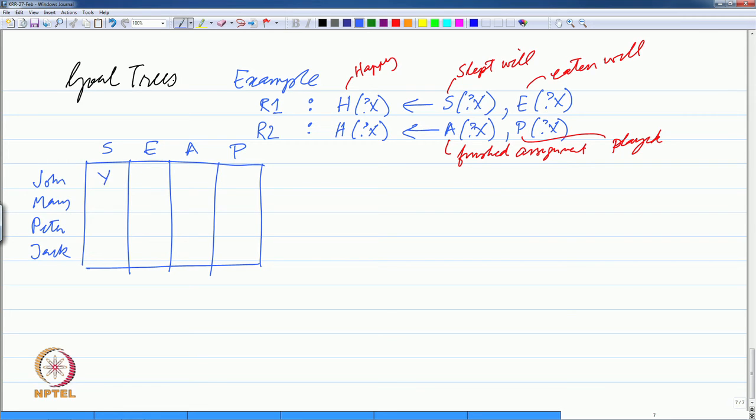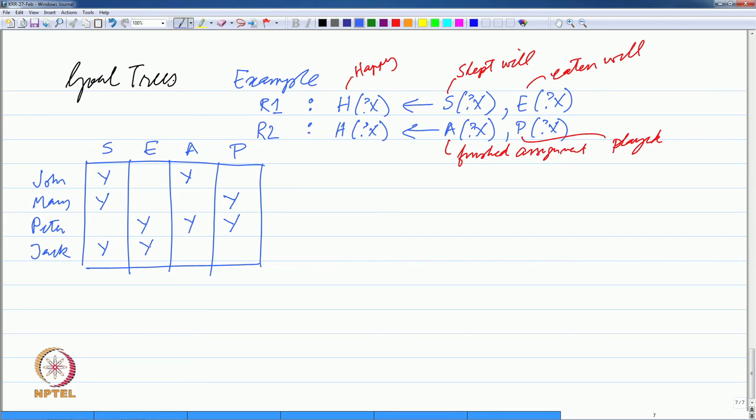Let us say John has slept well and he has finished his assignment. So, we have Y for that, or true if you want to say. Mary has also slept well and she has finished playing. Let us say Peter has not slept well, but he has eaten well and he has finished his assignment, and he has also finished playing. And Jack has slept well and eaten well. So, let us say this is some data of some people we have, and then we ask a question,